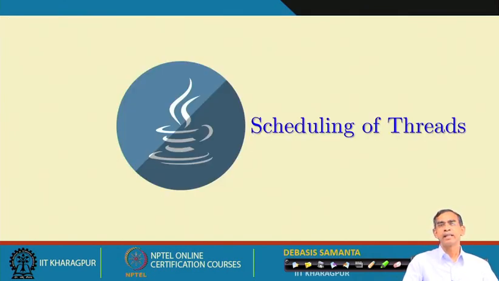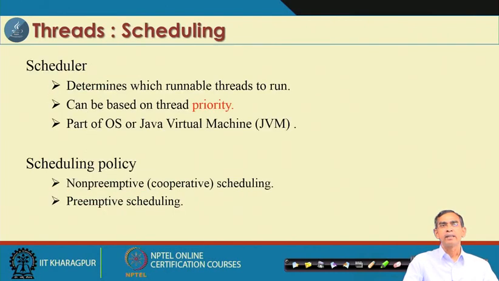Now, let us see how thread scheduling can be done. The scheduler is basically responsible for scheduling threads. Scheduling a thread means it assigns threads to the Java runtime manager and determines which threads in the runnable state can be assigned to the system for execution. In the Java system we can assign priorities: low priority, mean priority, high priority, max priority. According to the priority, the scheduler will invoke a thread from the runnable state.